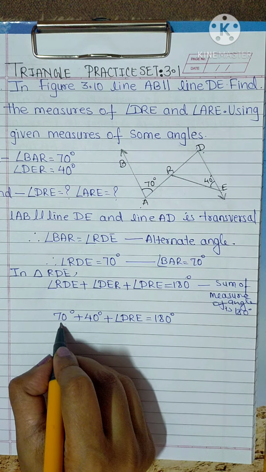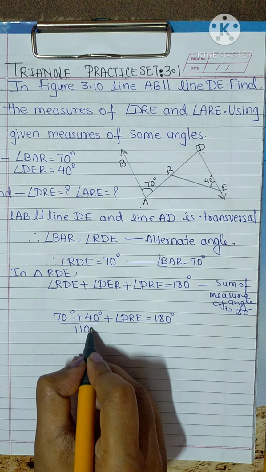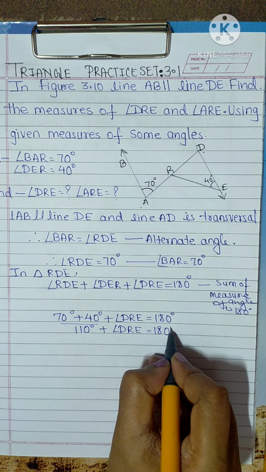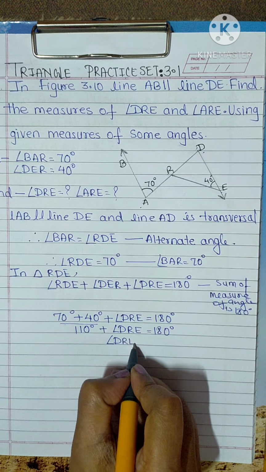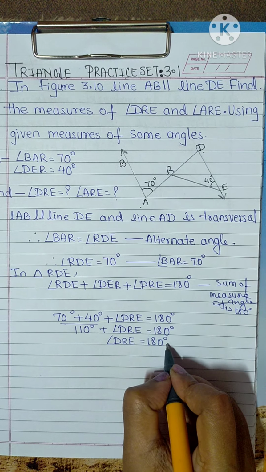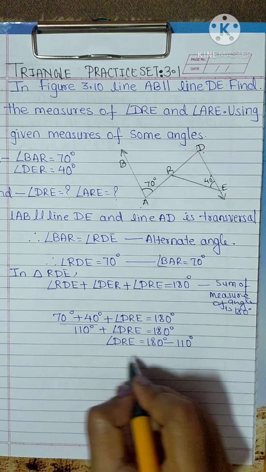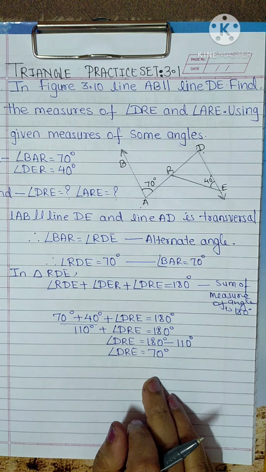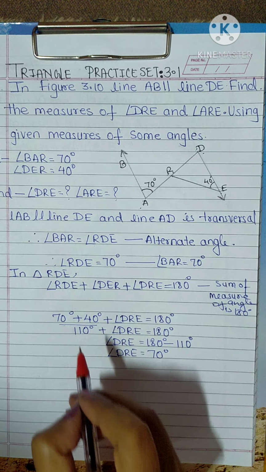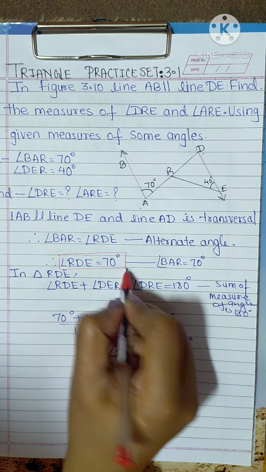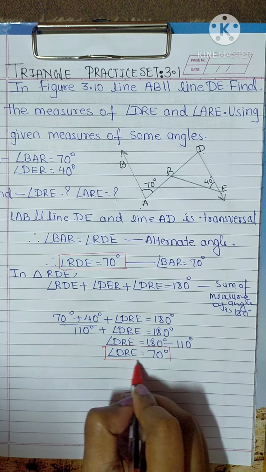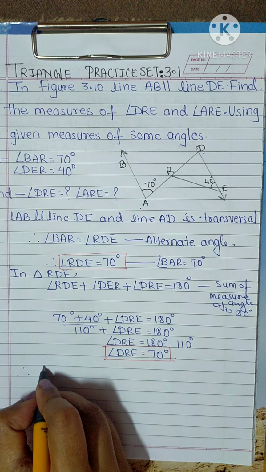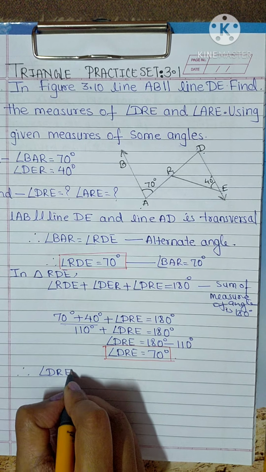Now after adding these both, we get 110 plus angle DRE equal to 180. Now angle DRE equal to 180 minus 110, so we get angle DRE equal to 70 degrees. Okay, here we got 70 degrees. Now therefore angle DRE plus